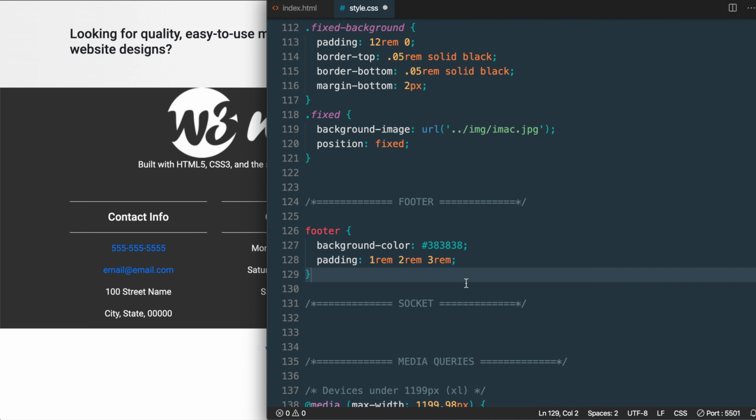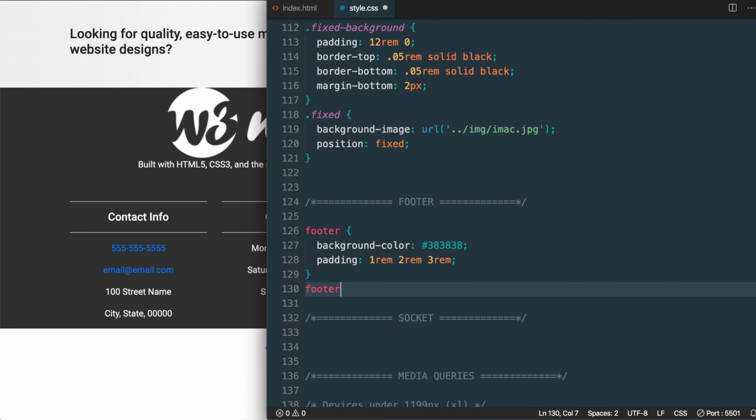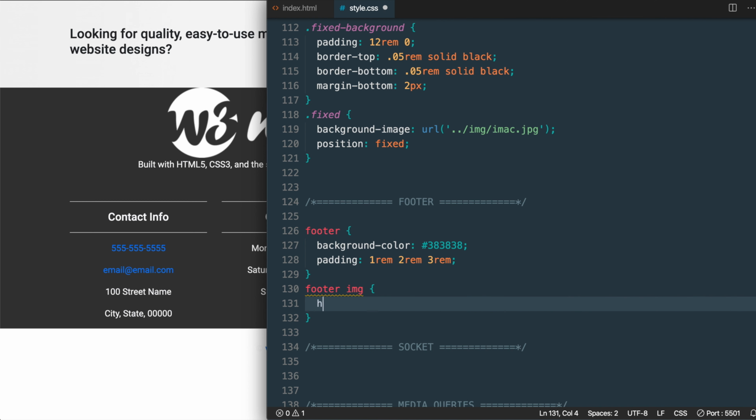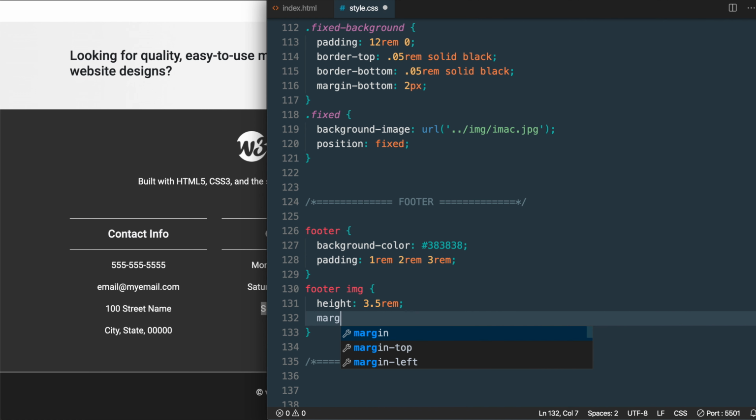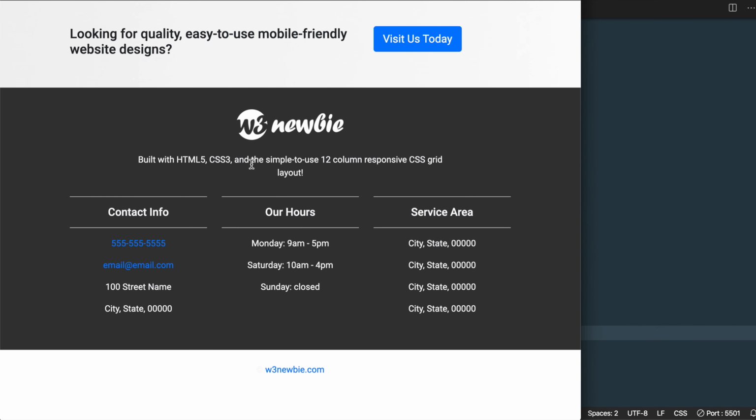So we'll target the image inside of the footer tag. Then let's reduce the height to 3.5 rem. And we're also going to add some margin to the top and bottom to separate it a little bit more from the top of the footer and the paragraph text underneath, with margin 1.5 rem top bottom and auto left right. Okay, so now our footer should start to take shape,